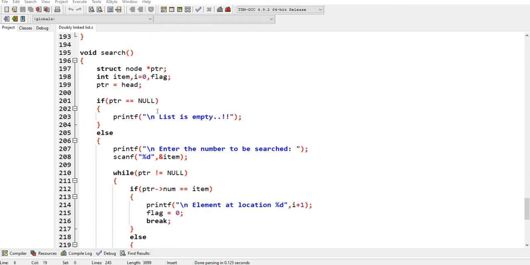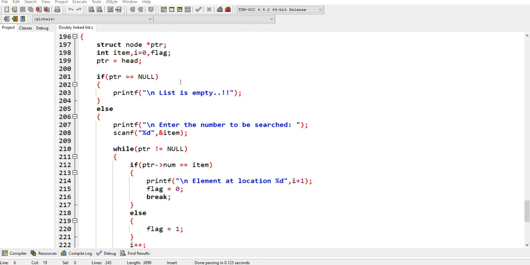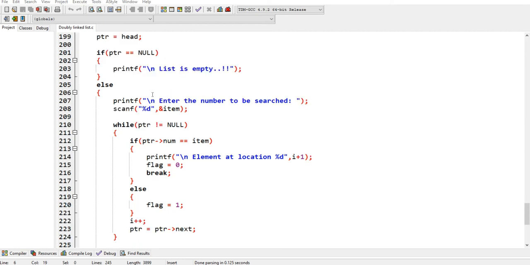Afterwards, void search, because we have to search the elements in the list. Here is the pointer we have to search. Int item is equal to 0, here is the flag. Afterwards, it will check if list is empty, we will not be able to search the elements in the list. So pointer is equal to null.